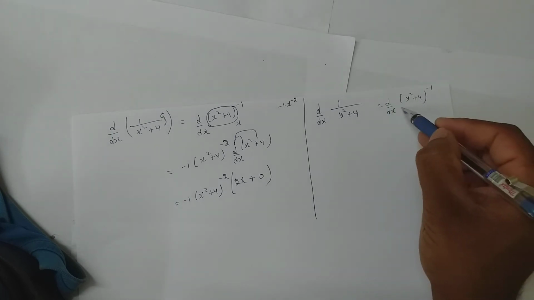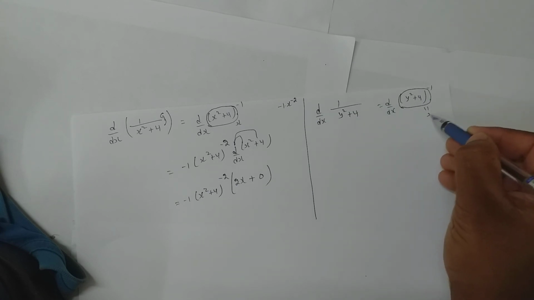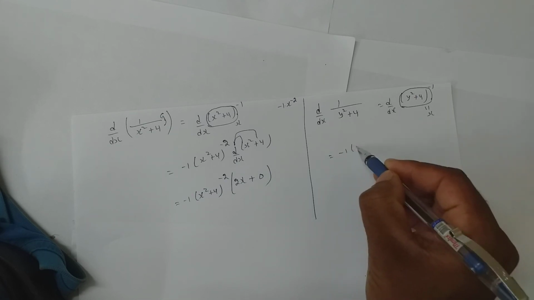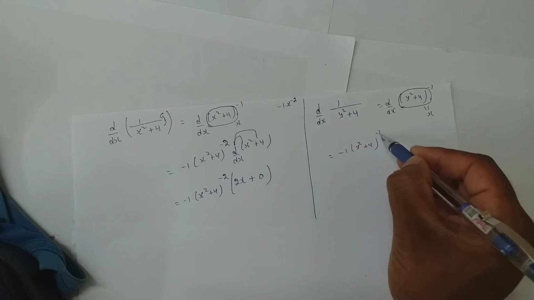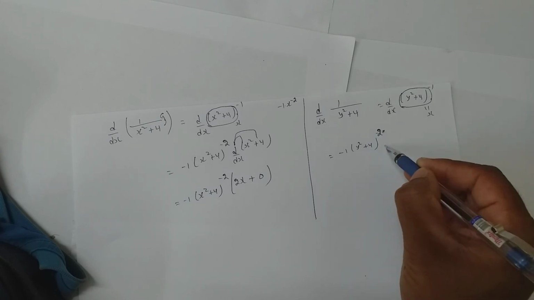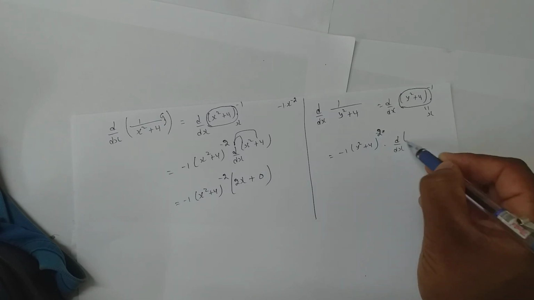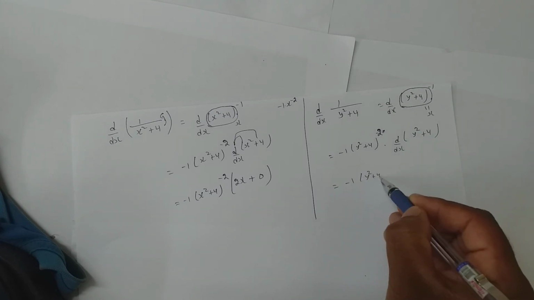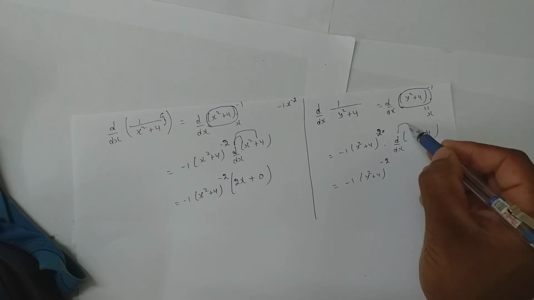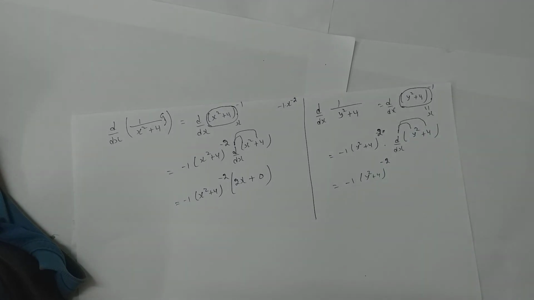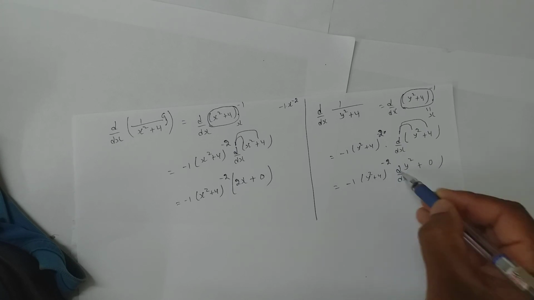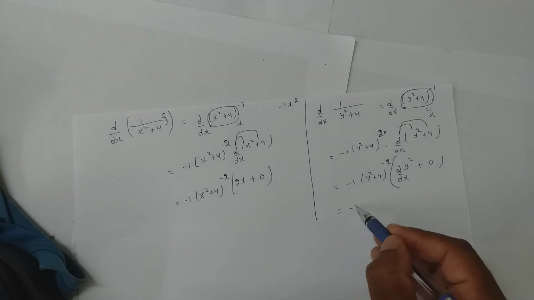You will assume this entire part to be x. So now it is of the form x power minus 1. So it is minus 1 into y square plus 4 power minus 2 into d by dx of, in place of x whatever you have assumed. So it is minus 1 into y square plus 4 power minus 2 into this gets applied to this and also to this one. What is d by dx of y square? This is where the catch is, where students go wrong. For 4 it is 0, so no issues with that.